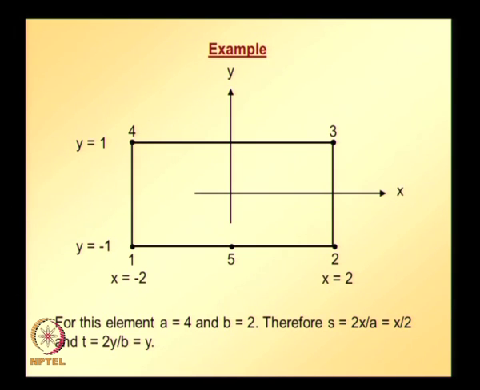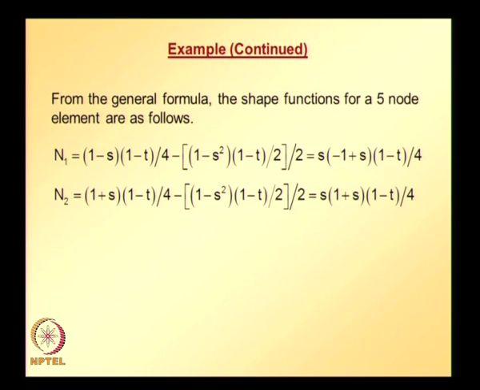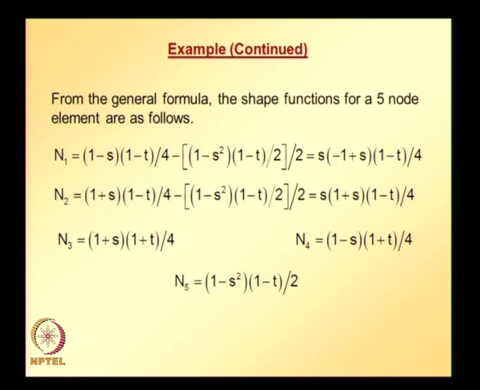So, once we have S and T, from the general formula the shape functions for a 5 node element are as given here, n1, n2, n3, n4, n5. Basically these expressions are written taking from the table that I just showed you before. So, n1 to n5